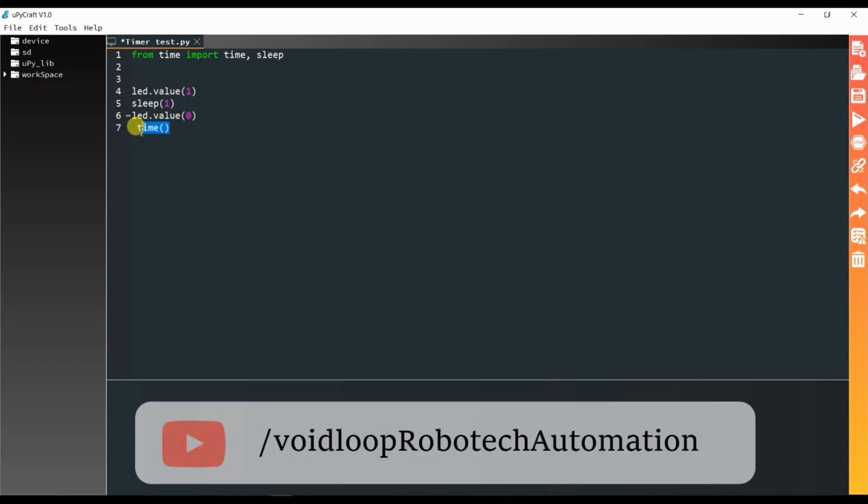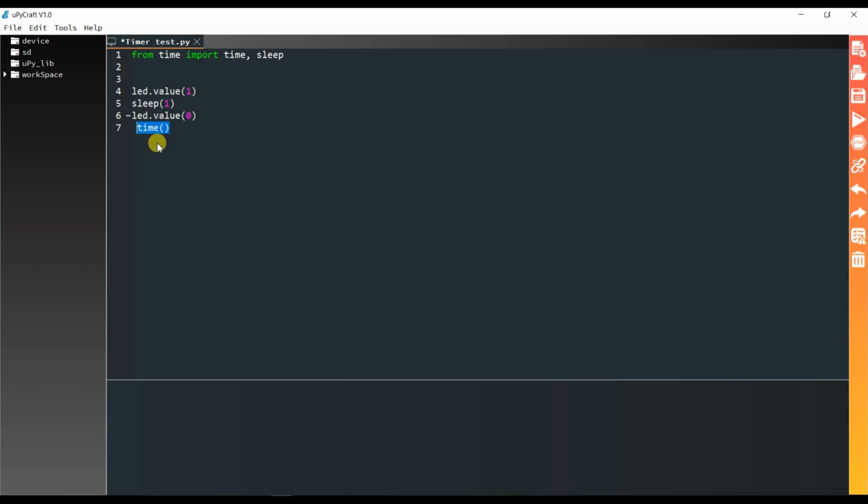This is the time function. The time method from the time module returns the number of seconds that have passed since the program started running. We will see a program. I have imported time and sleep from the time module. I will use here a while loop.